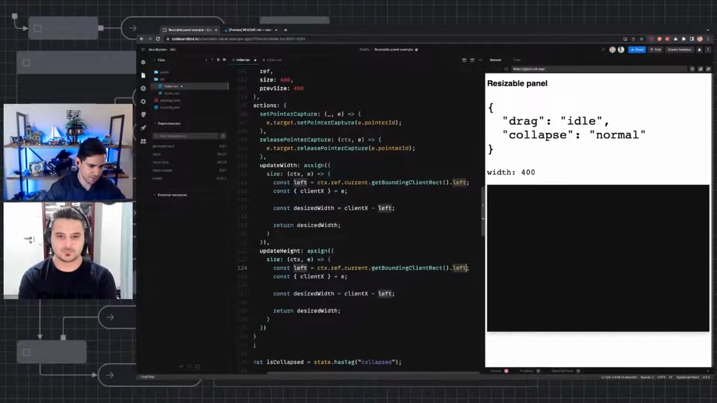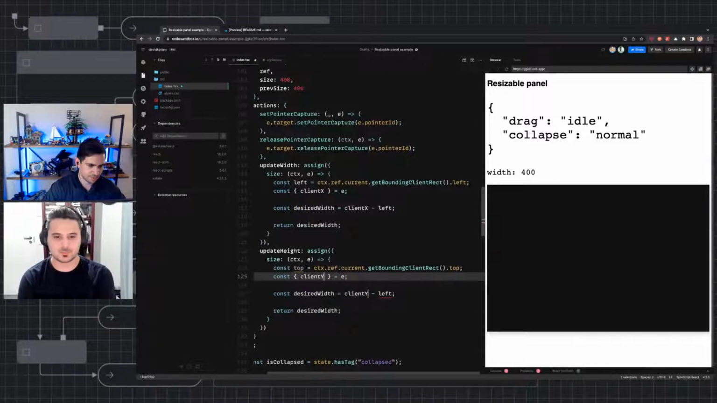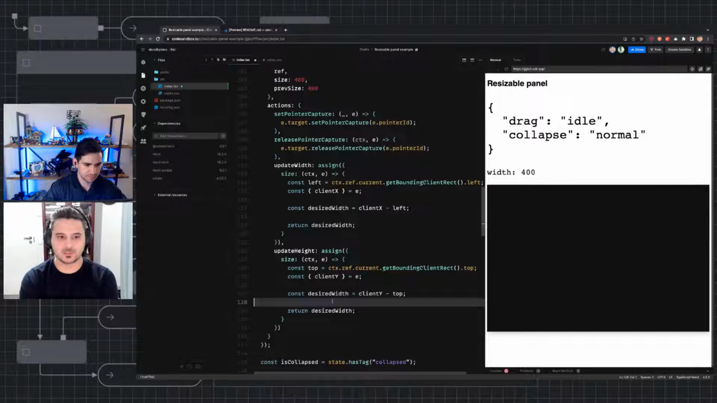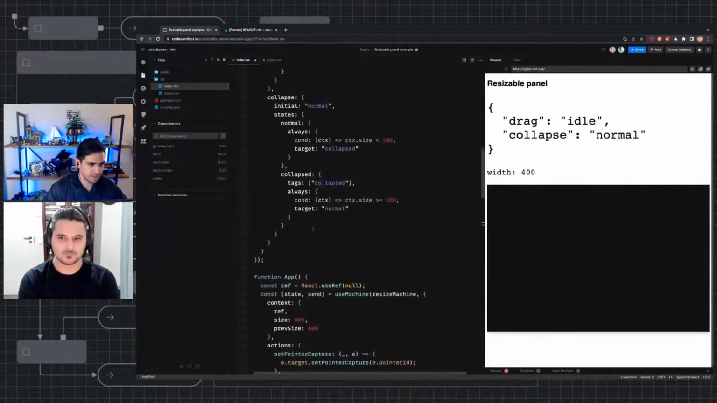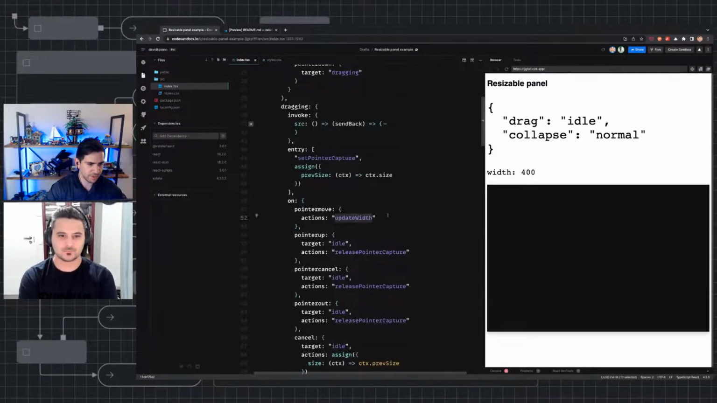So this one should actually be from the top. So, yeah, we basically have to flip around some of those property accessors so that it corresponds to the mode that we're building. Yeah, so desired. Right. And so now if we see where that update width thing is happening,